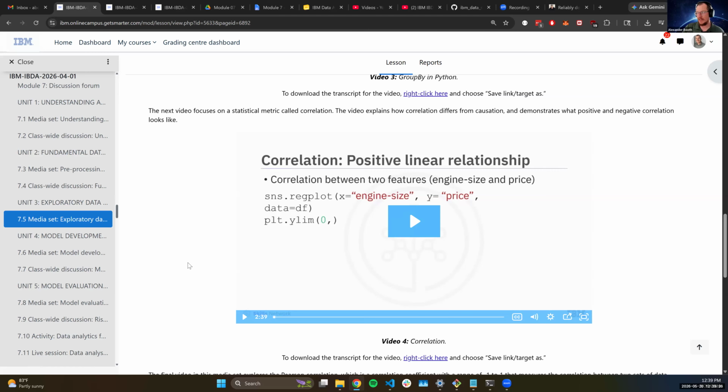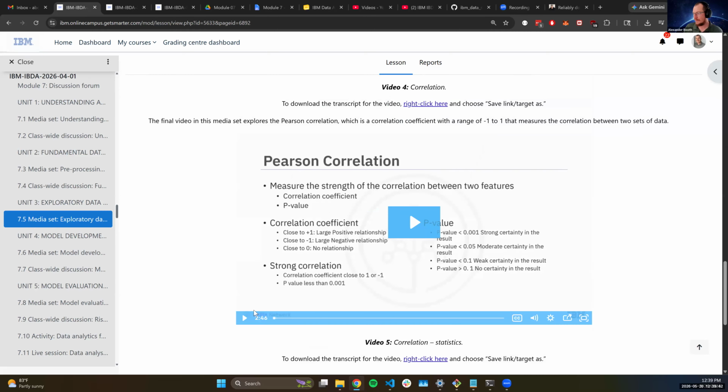So you'll see here that we're going to be looking at cars. Is there a relationship between engine size and price? Not only can we create a scatter plot to look at that relationship, but we can also put in our line of best fit, right? And that's where we're going to tie into in the next couple sections with model development, as well